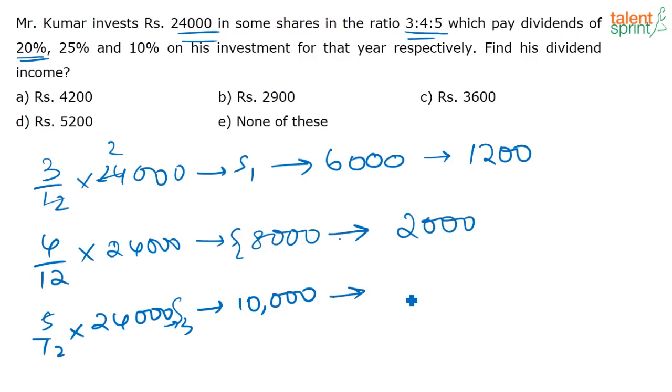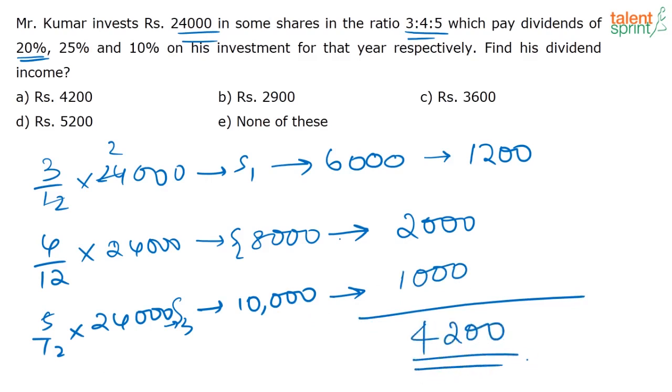So for the third company, he is getting a dividend of 10%. So if it is 10,000, 10% of 10,000 is very easy, that is 1,000. So what is the total dividend that he gets? Adding all the three, that is 4,200. Very easy question, no? Answer is option A. So this was a clerk's question, IBPS clerks, that's why its difficulty level is easier. Hope this is clear and none of you need explanation for this. A very, very easy question this was.